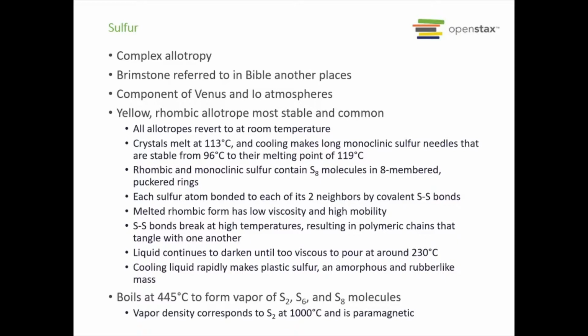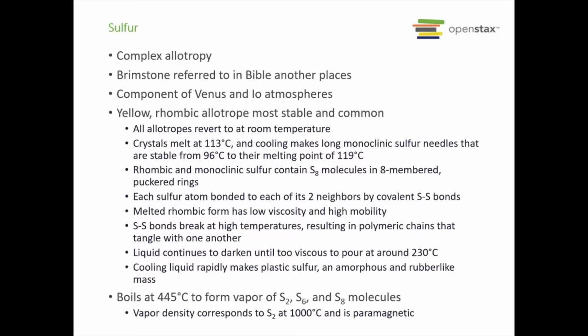The most stable and common allotrope of it is the yellow rhombic type, and this is what all of the allotropes of sulfur revert to at room temperature. So if you take the crystals, they melt at 113 degrees Celsius, and then after cooling gives us a different allotrope, the long monoclinic sulfur needles that are stable from around 96 degrees Celsius up till their melting point of 119. Both rhombic and monoclinic sulfur have S8 molecules in 8-membered puckered rings,